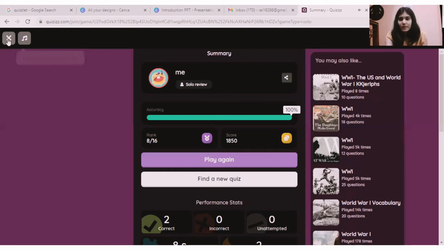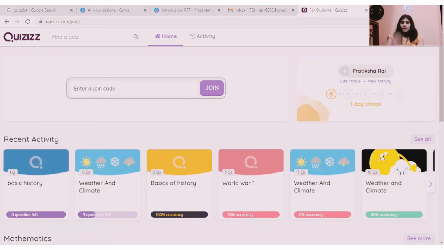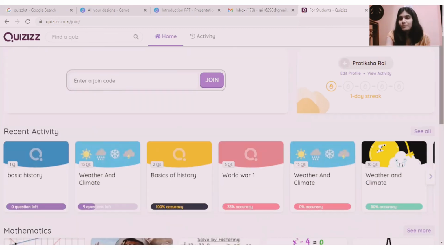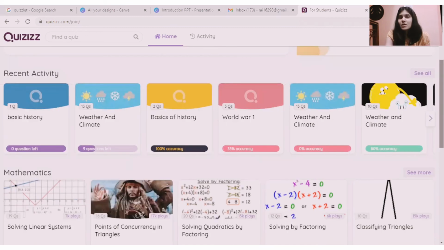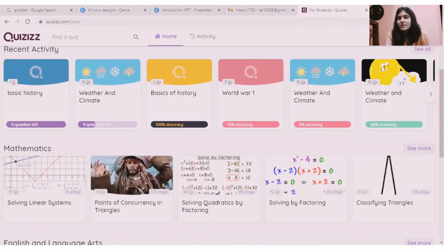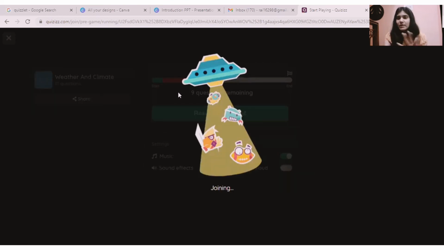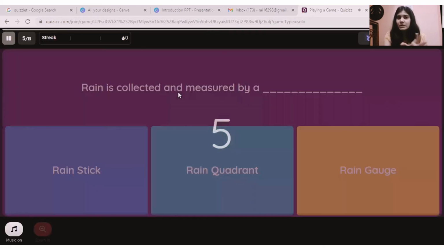I'll click on cancel. One more thing about this is that I'll just show you what I am talking about. I can stop it at any time, and I can resume.